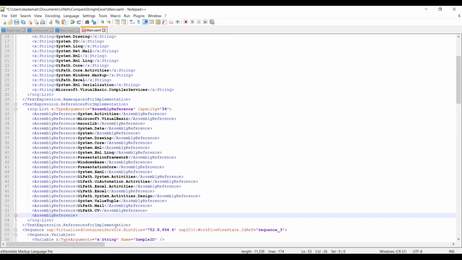And the assembly reference is System.Data.DataSetExtensions, and close the assembly reference.